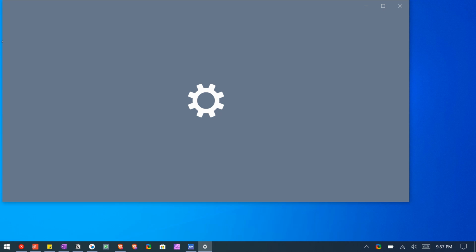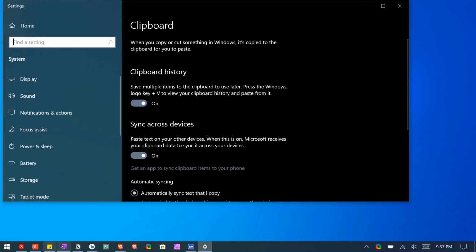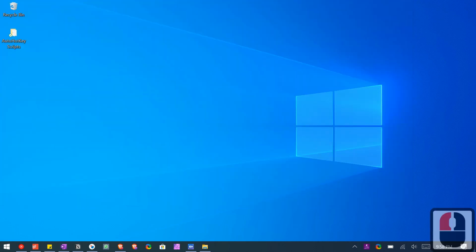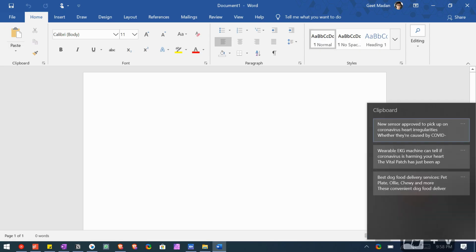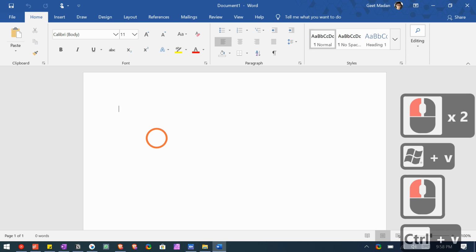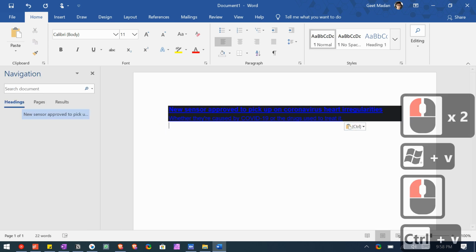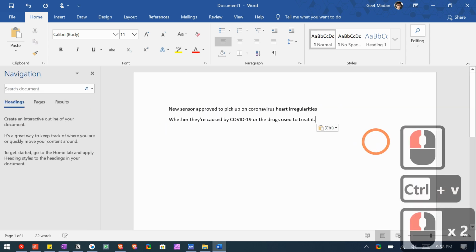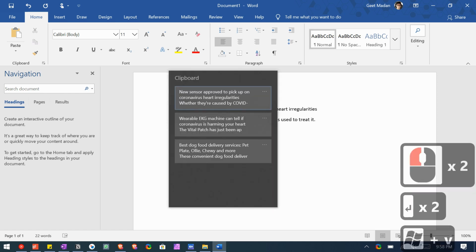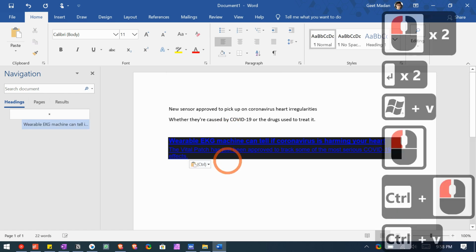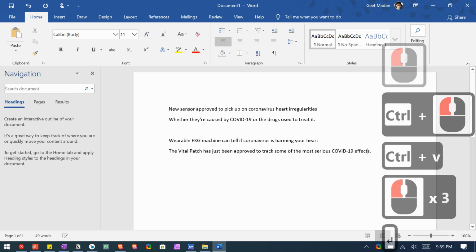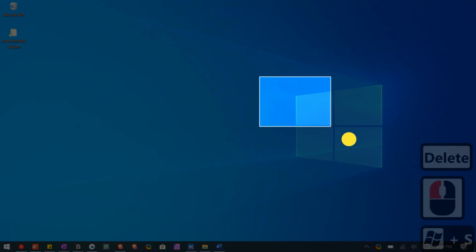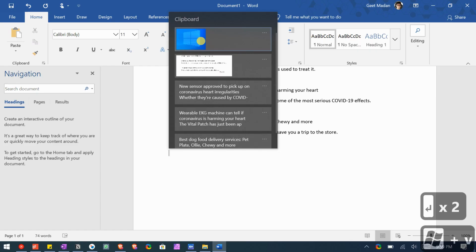One of my favorite new features on Windows 10 has been clipboard history. You can access it by pressing the Windows key and the letter V. When you first use this key combination, it will let you enable clipboard history, and from then onwards, it will keep a history of the last 25 things, I think, that you copied. You can simply click on one of the items in the clipboard history and paste it. This is an extremely useful tool if you're working on a school essay or a report that needs multiple sources. Be careful though, because all your clipboard items will disappear when you restart your computer, which is why this is not my favorite tool for clipboard history.